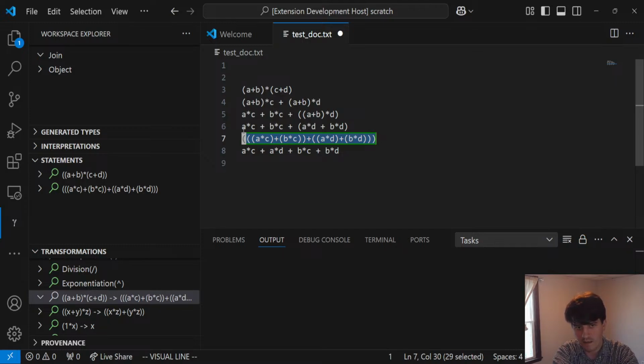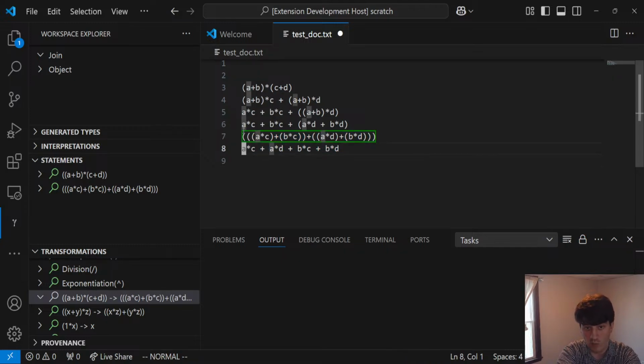And we know that there's an associative law and a commutative law, which should allow it to go directly to whatever the parentheses are on this. But we can't do it in one step, because the transformations don't know that. If we want to do it currently, let's see what we have to do. We have to switch this and this. So we're going to have to unpack a bunch of parentheses,